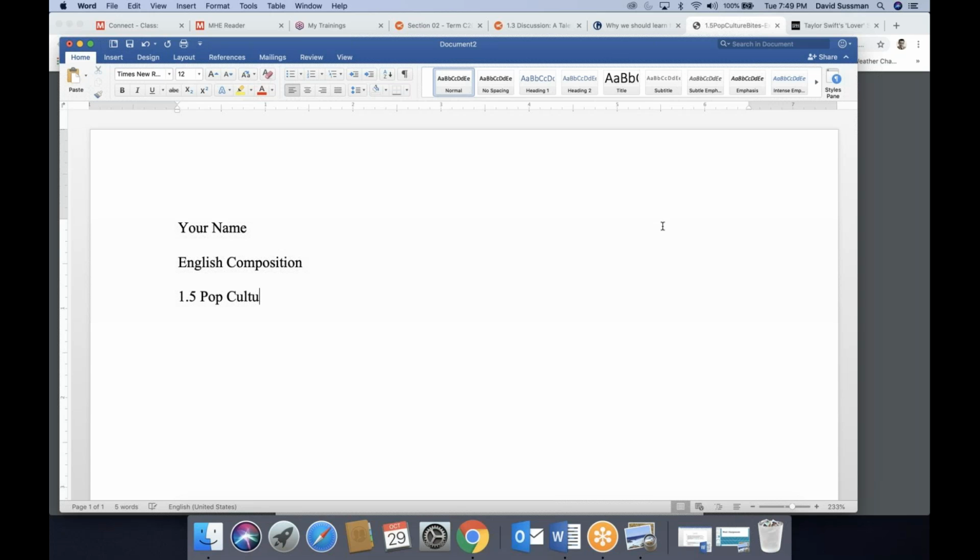Pop culture bites. Okay, and then you'll have a title, probably summary of article title. And yes, you should put the names of articles in quotation marks. Okay. Center it. Put your cursor right after it, hit enter just once, and we're going to start on the left side.